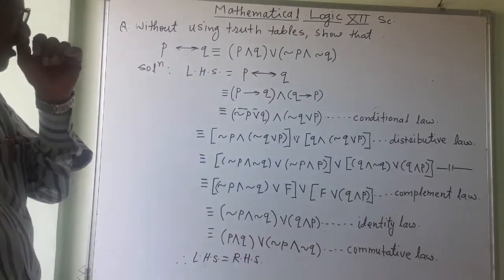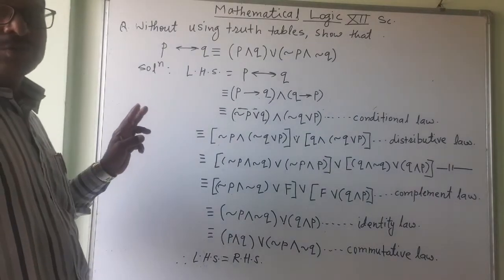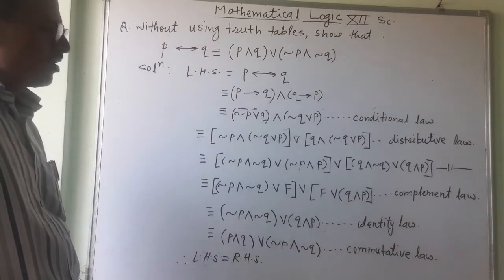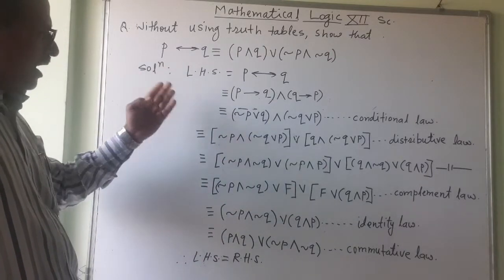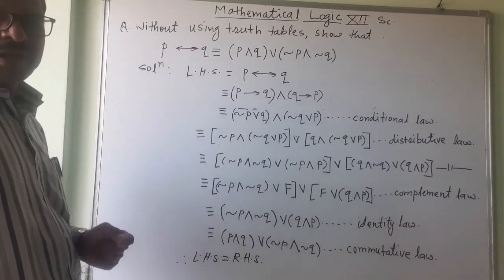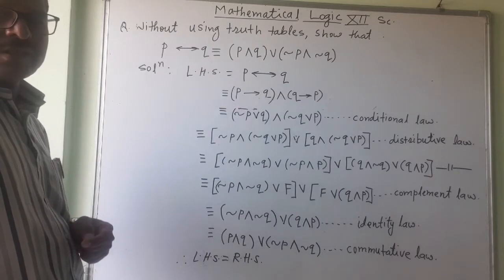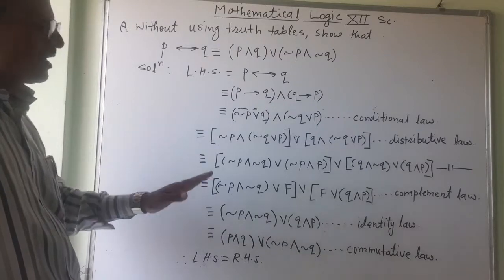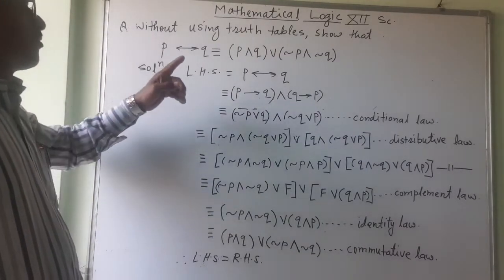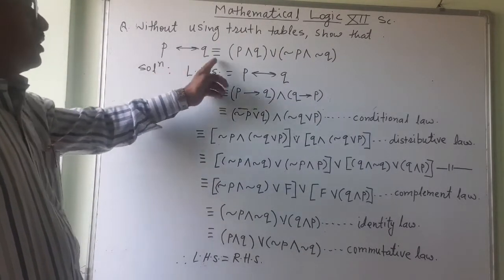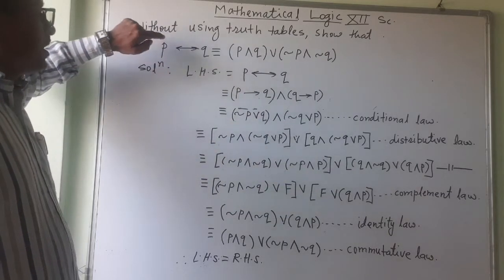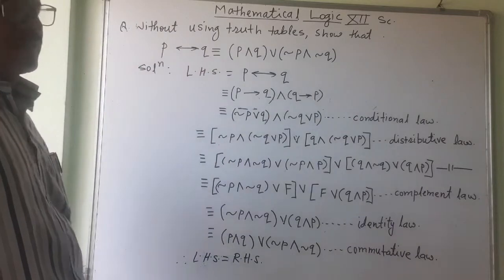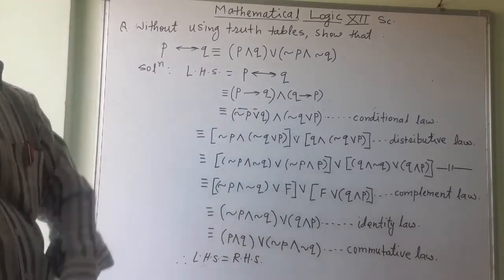In that question, we will have two ways of solution, either this way or by preparing the truth table. That is also correct, and this is also correct if the question reads "prove this". But here it is "without using the truth table, prove this". That means we can't draw the truth table.